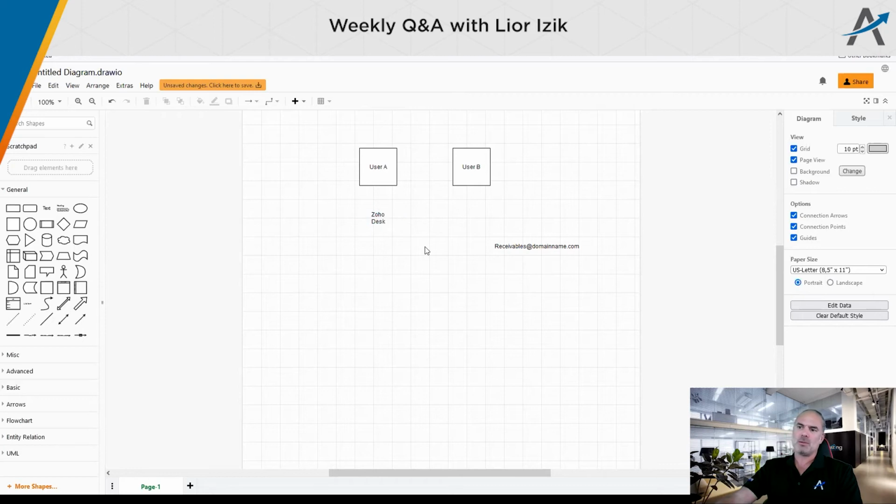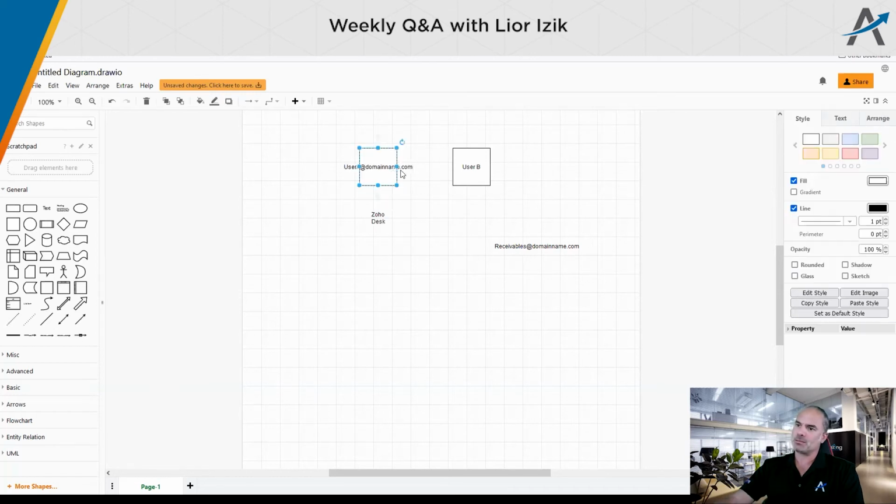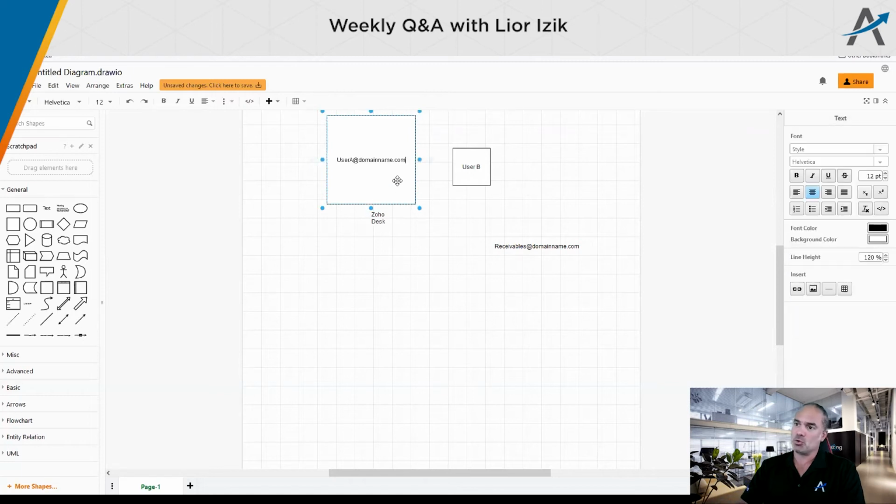So you're leaning towards the opinion that we could use one of the existing accounts. Yes. So if, for example, this one will be user A at domainname.com, you can create another alias, which is available for you as part of your subscription with Zoho Mail.